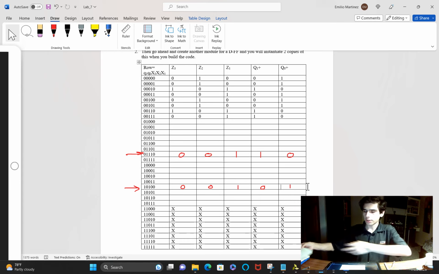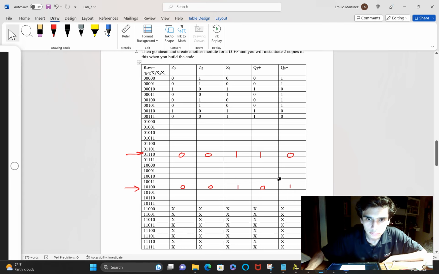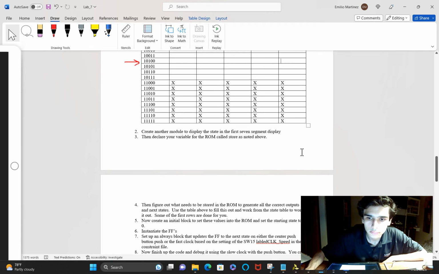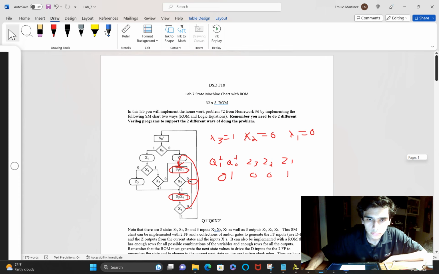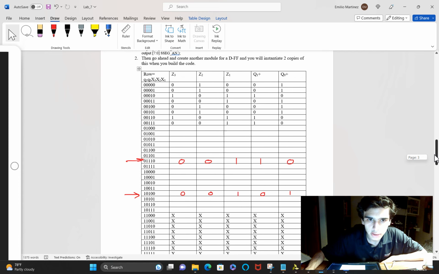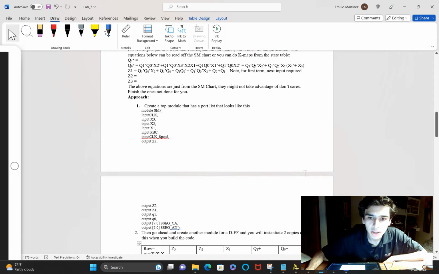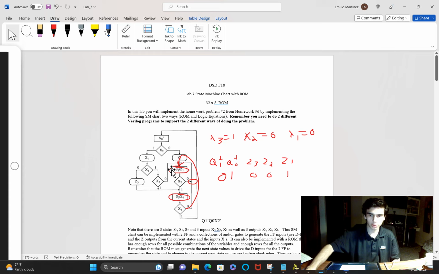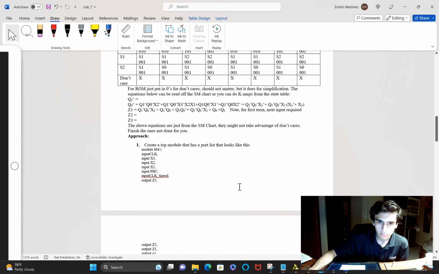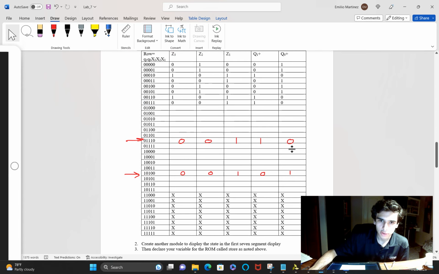Yep. Well, that's how you do those 2 rows. So yeah, and then you just have to repeat that entire process for these and these and these. And you guys will be expected to do both implementations, with equations and with the ROM. It should be easy because I already gave you, I mean, if you did your homework and watched this entire